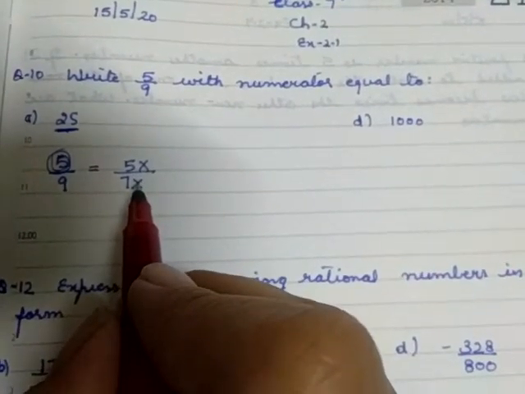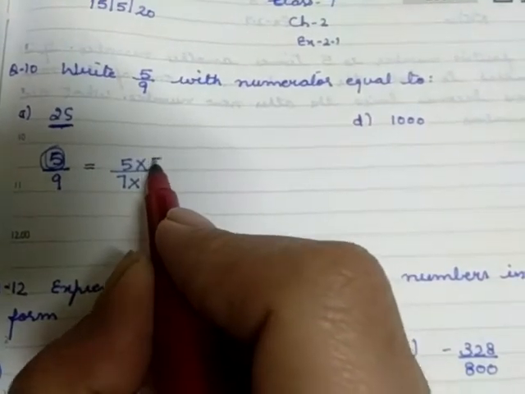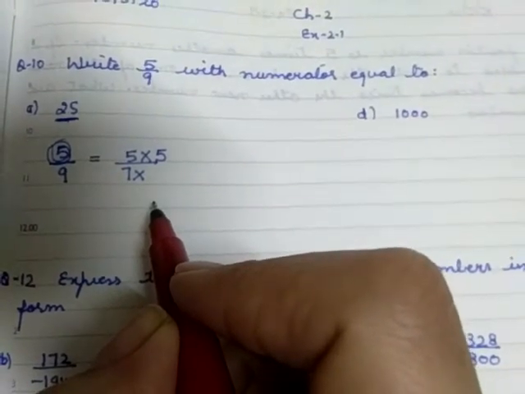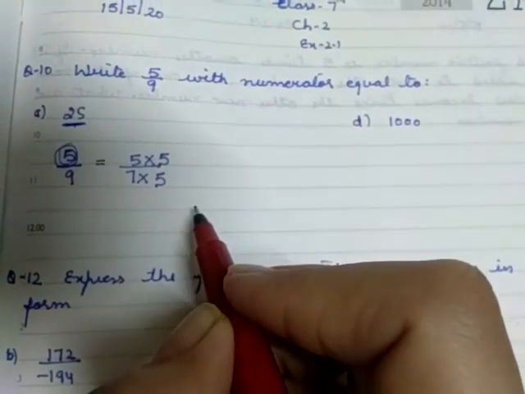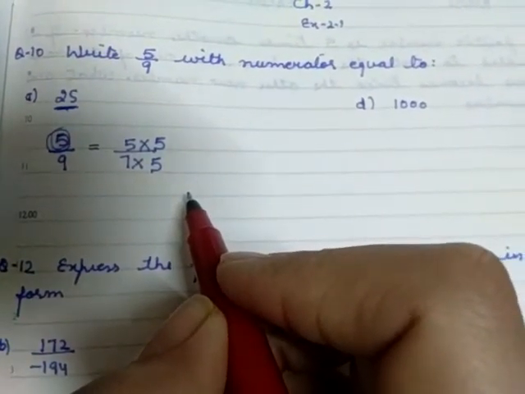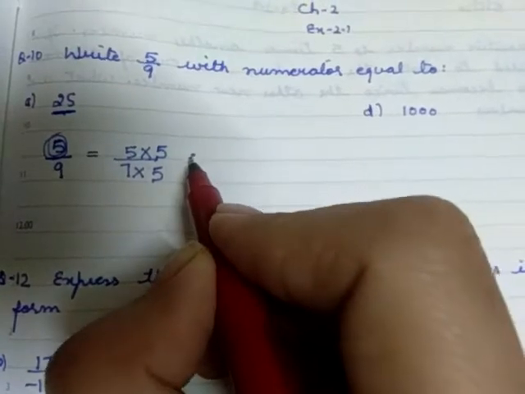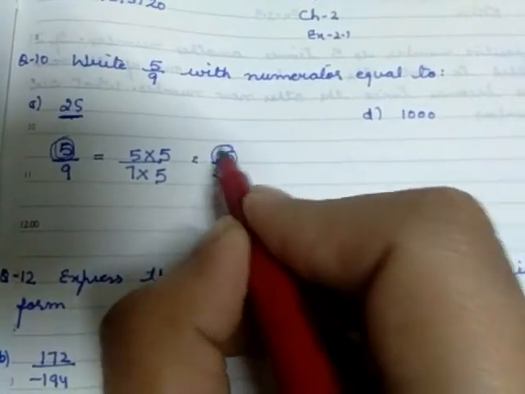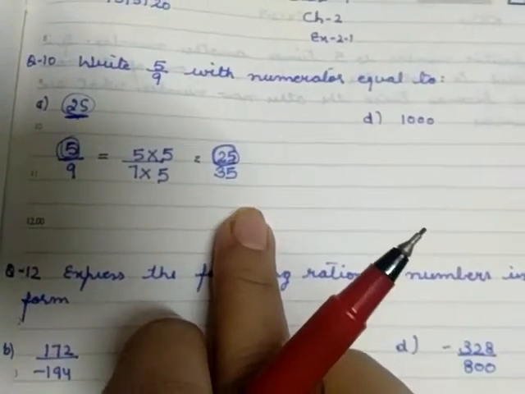Now we are going to work on the numerator. So in the table of 5, on which number does the 25 come? On 5. So 5 fives are 25. But one thing, remember always: if you multiply with any number in the numerator, the same number will be multiplied in the denominator also. This is a rule to find the same number in case any fraction is given. Okay, now the final answer is 25 upon 45. Here the numerator will be the same as the given number, no matter whether the denominator matches or not.